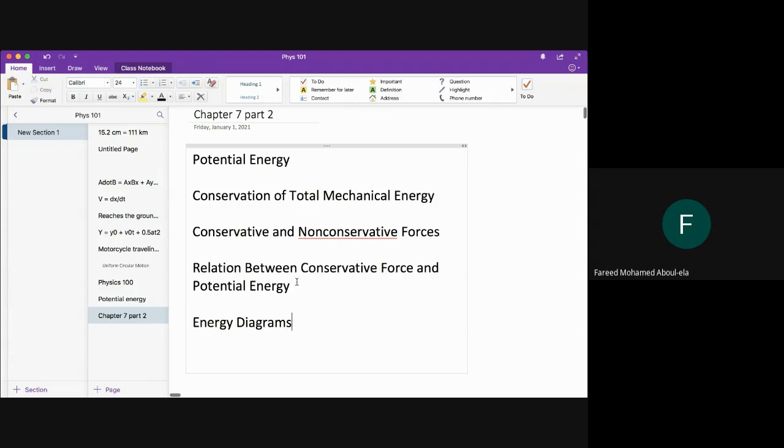And we're going to see that, in fact, from the potential energy, if we know the potential energy, we can calculate the force. We can calculate the force from the potential energy. So the potential energy is the essential